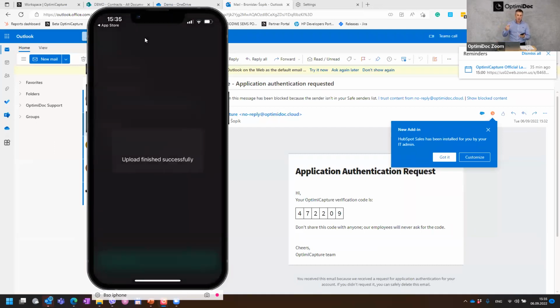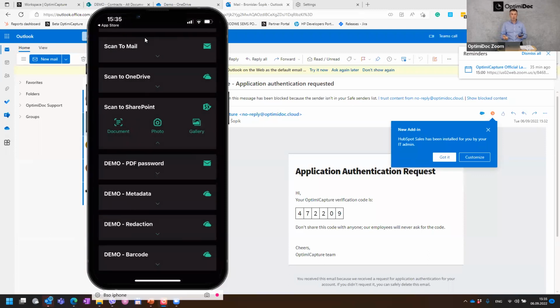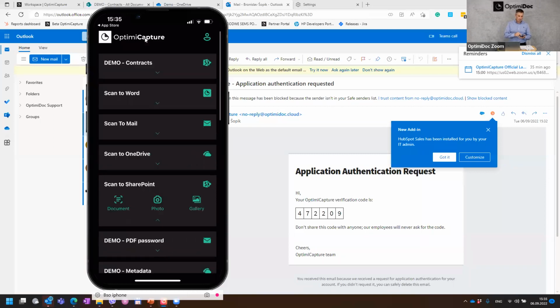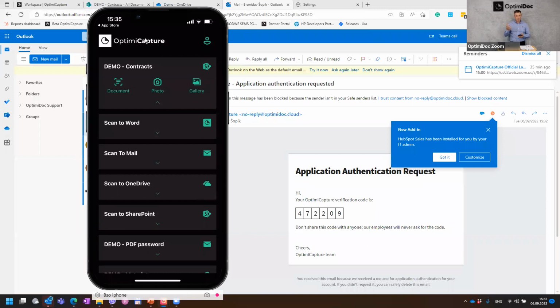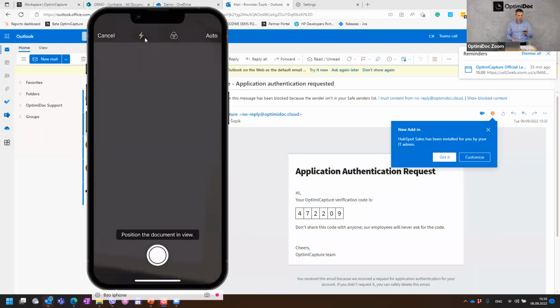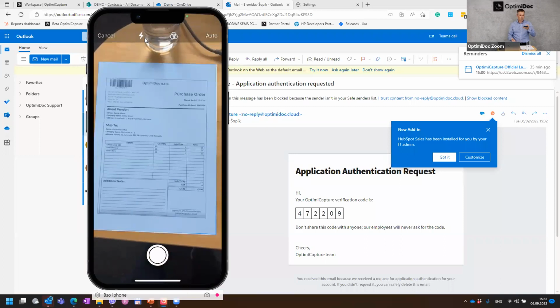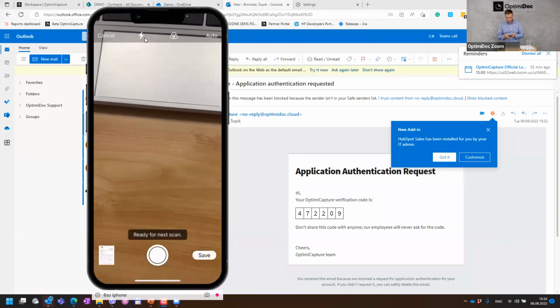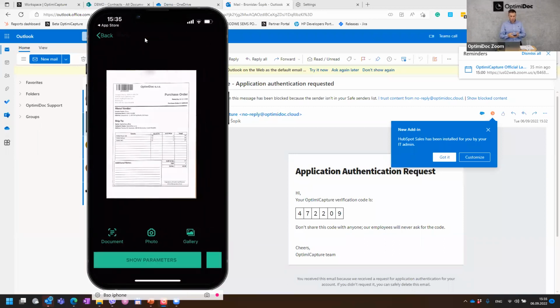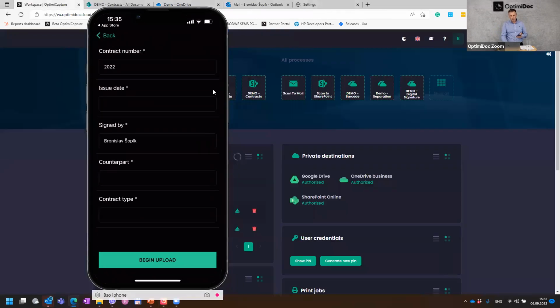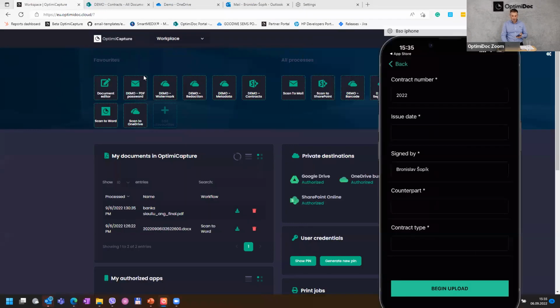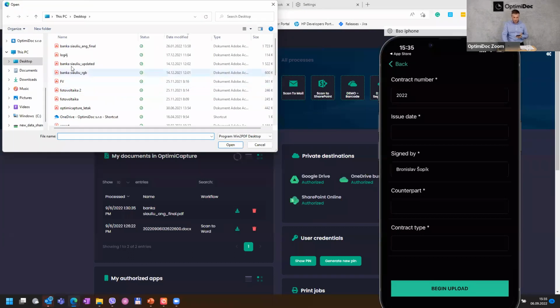What's nice is that in the background, I can still have turned on the OCR, watermarking, or whatever I need. So that's another example of how you can scan the documents. And the UI and the experience is very similar to other options because, for example, we know we have the experience from the digital workplace with the contracts workflow. So as you can see, what I have available on the digital workplace,